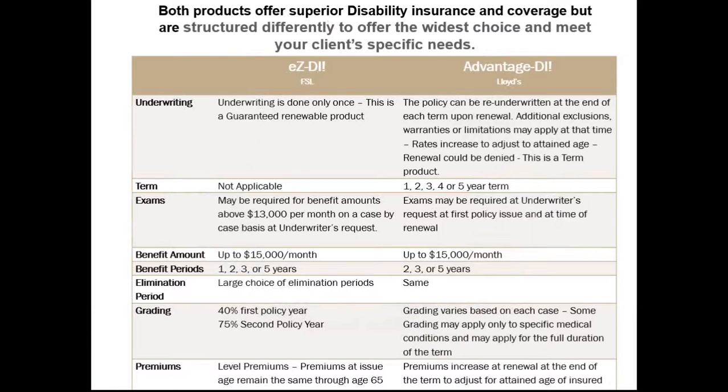On the Lloyd's policy, the Advantage DI, this can be underwritten a couple of times. It can be underwritten at the beginning, or it can be underwritten upon the renewal. And the renewal is basically going to be a 1 to 2 or 3 or 5-year term period. How that renewal process works is, upon the end of that term, there's an insurability statement. On that insurability statement, they're going to ask you questions if your health has